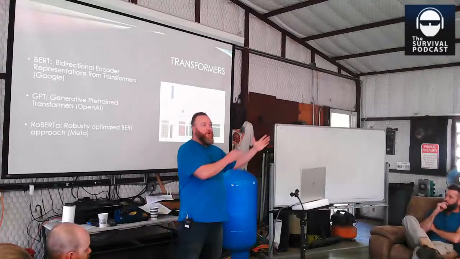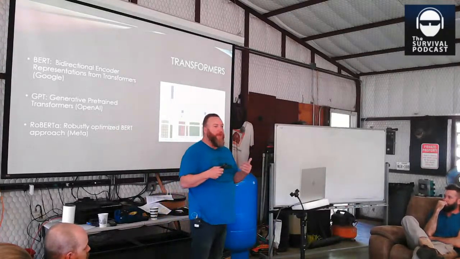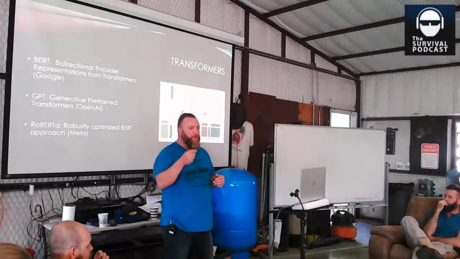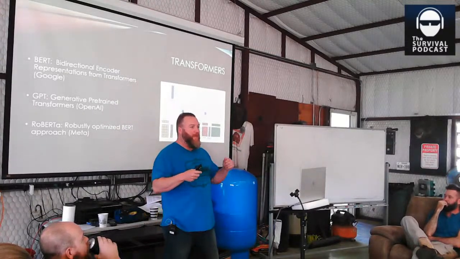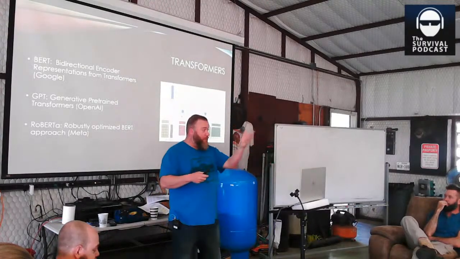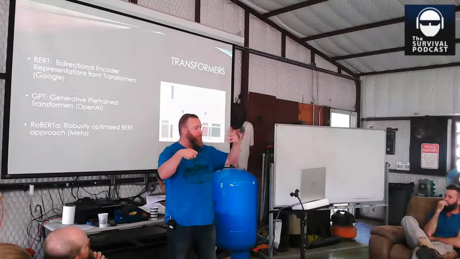And so essentially this is all one direction. And so what happens here is that ChatGPT, when you go ask it a question, kind of figures out where you're going with your question, and it starts to write a sentence. So it starts with a word, and then it runs that word back into itself and figures out what the next word's supposed to be, and then those two words go back in.